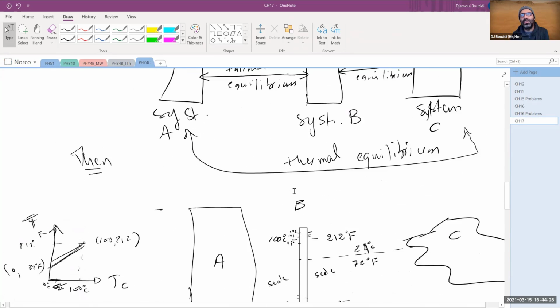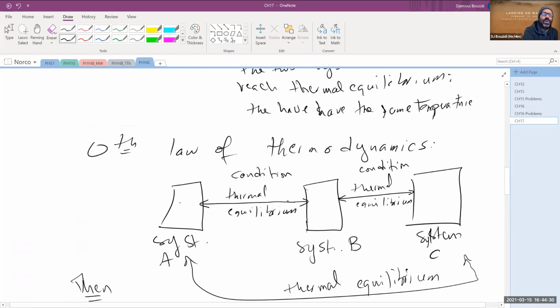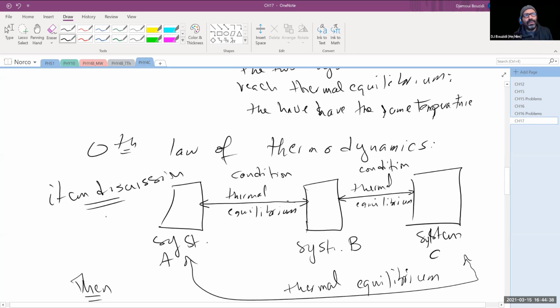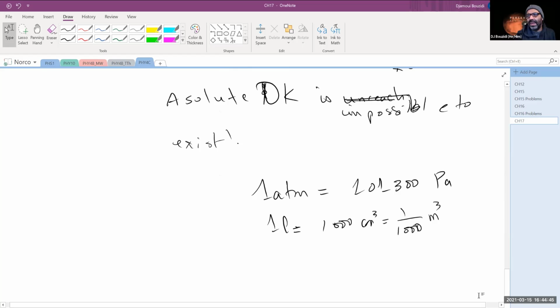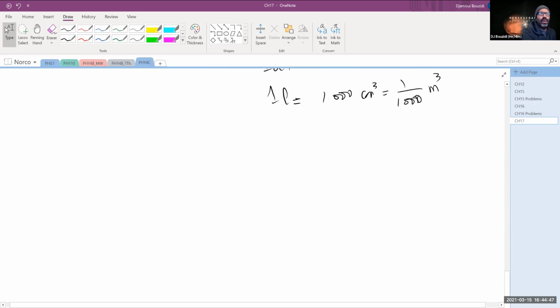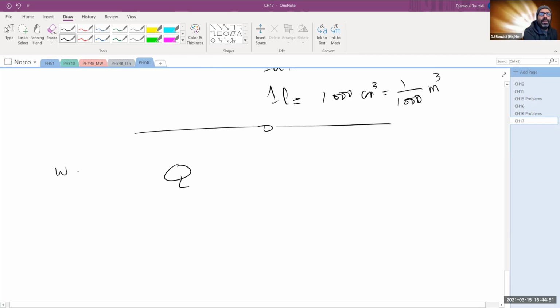The zeroth law allows us to do that. Please put the zeroth law as an item of discussion in your own words, so that you are familiar with it. It's the one that allows us to invent the thermometer, so everything was good. So let's go back to that idea of heat, because we said for water,